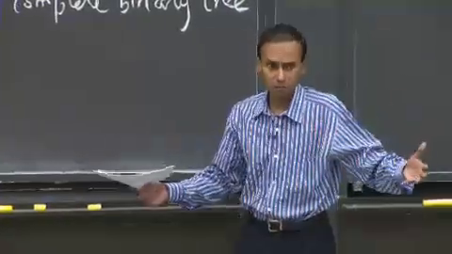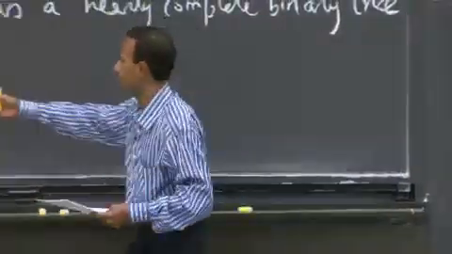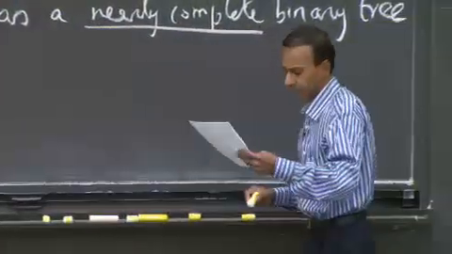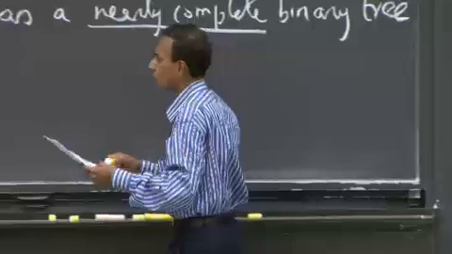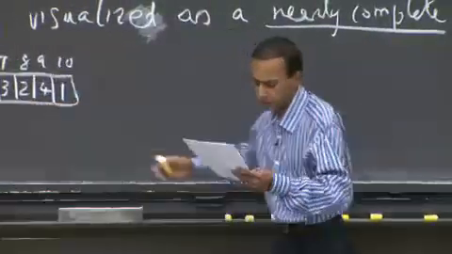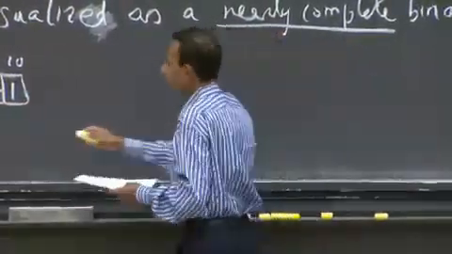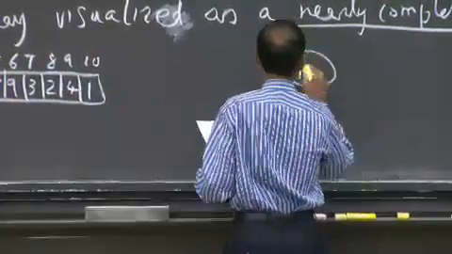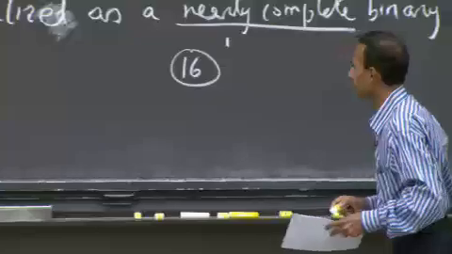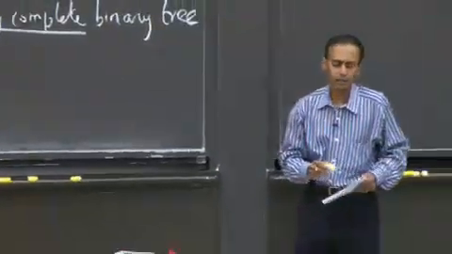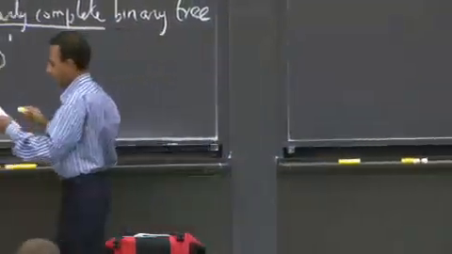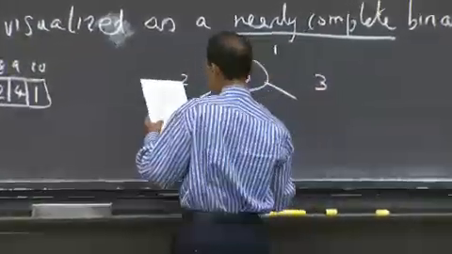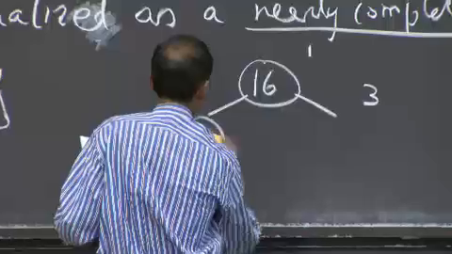And we want to be able to do the general case of an arbitrary size array, and so that's why we have a nearly complete tree here. So what does it mean to visualize this as a tree? Well, index 1 is the root of the tree, and that's an item with the value 16. And what I have are indices 2 and 3 are the children,